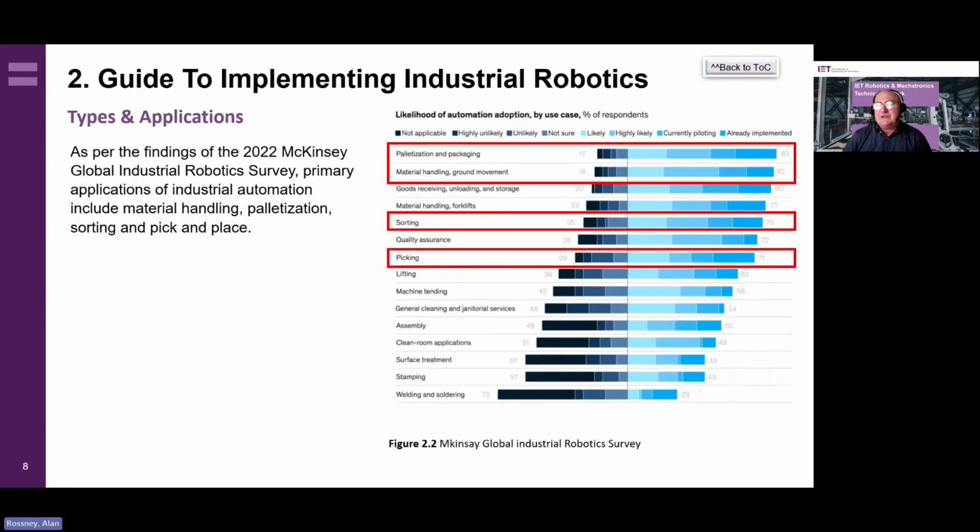So a 2022 McKinsey Global Industrial Robot Survey found that the most common applications of industrial automation are still palletization, materials handling, sorting, and picking. So they're the most typical applications for robots in industry. So it's still very grassroots, down to earth kind of stuff. I'll give you just an overview of the different types and applications of different robots before we get into benefits and barriers. So as far as types goes,